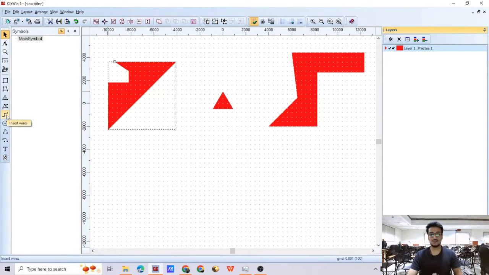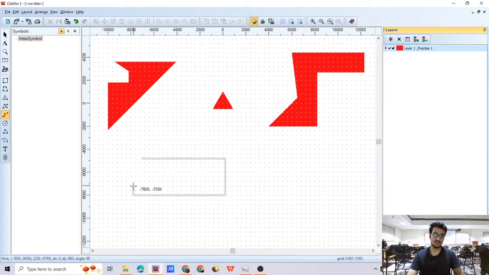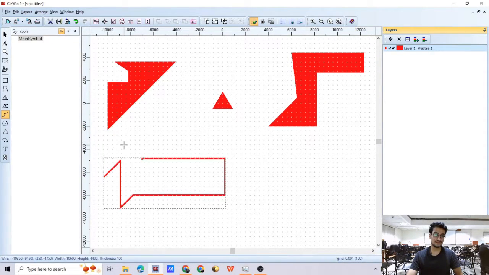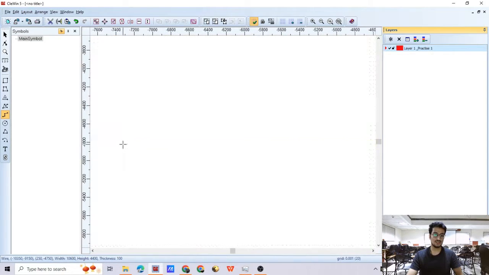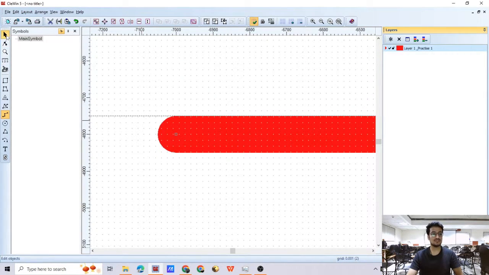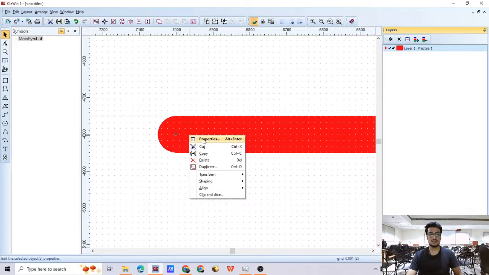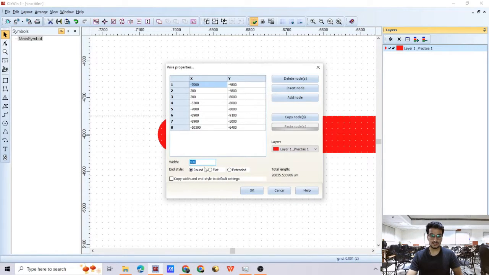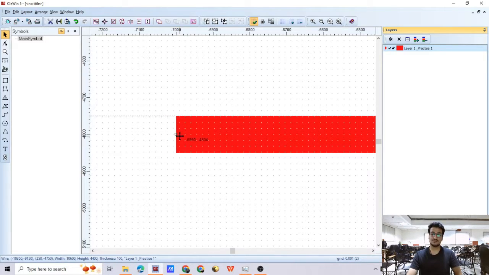then this is to make wires. Again the head of the wire can be rectangular or circular according to the requirement. So just for example, again left click you have to do. To end the operation you have to do left right click. Yeah. So the head of this wire is circular, so if I go to its properties I can make it flat or extended. See,